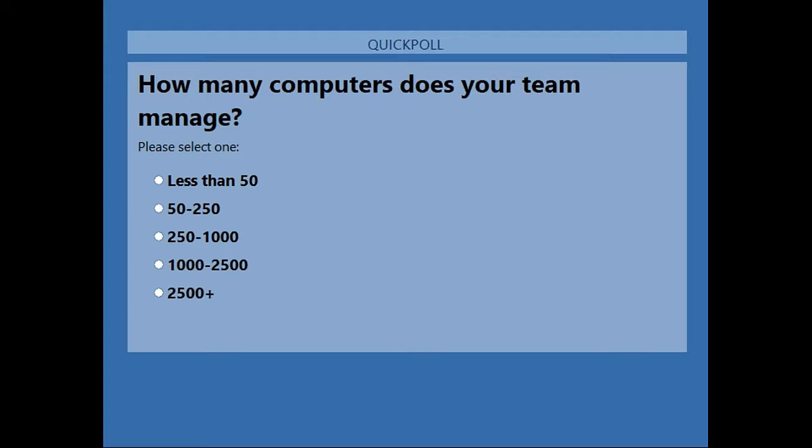With about, well, people are voting really quickly here. I was going to say 70%, but we're a little over 80%, and we've got 10% saying less than 50, 30% in the 50 to 250, about 40% in the 250 to 1,000. 11% are reporting over 1,000 to 2,500, and 10% of you are actually managing pretty large systems with